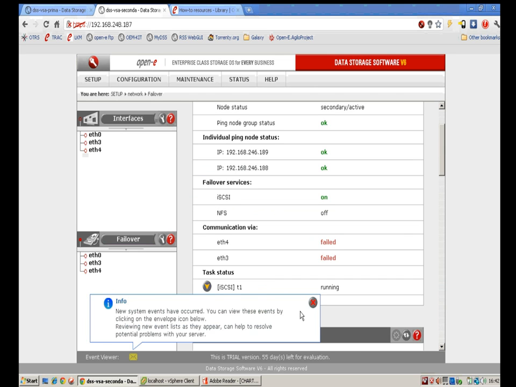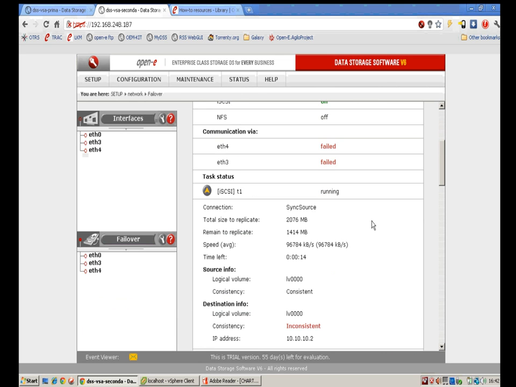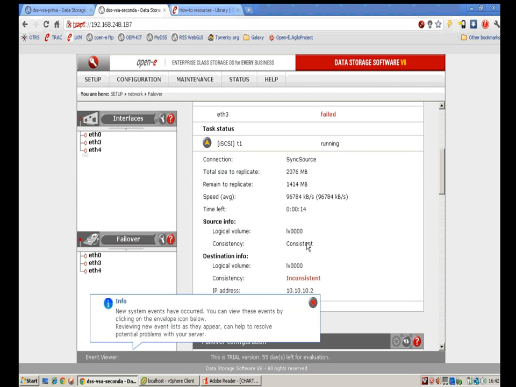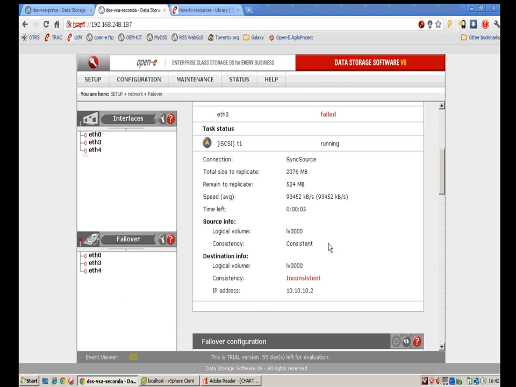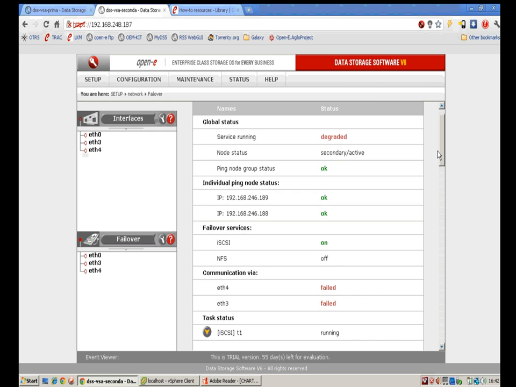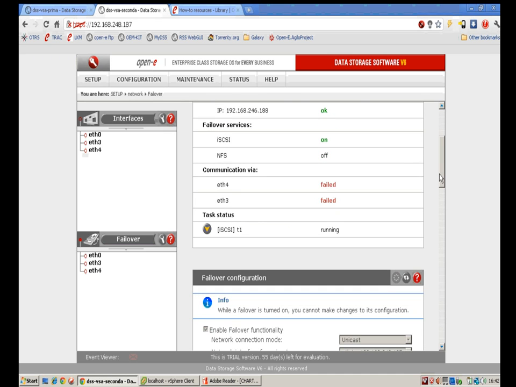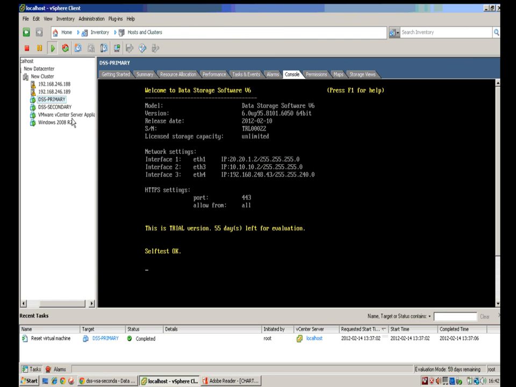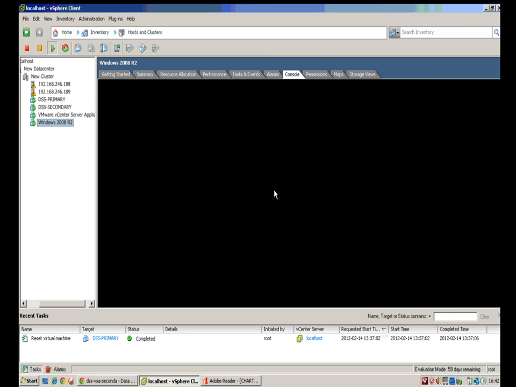Okay, so our primary node is running again. So we need to fail back to the primary node. So we have to run sync volumes. This is to sync all the changes that were done to the secondary node volumes while the primary was rebooting and unconnected. You can see the task status here, as you can see, the average speed of replication is about 100